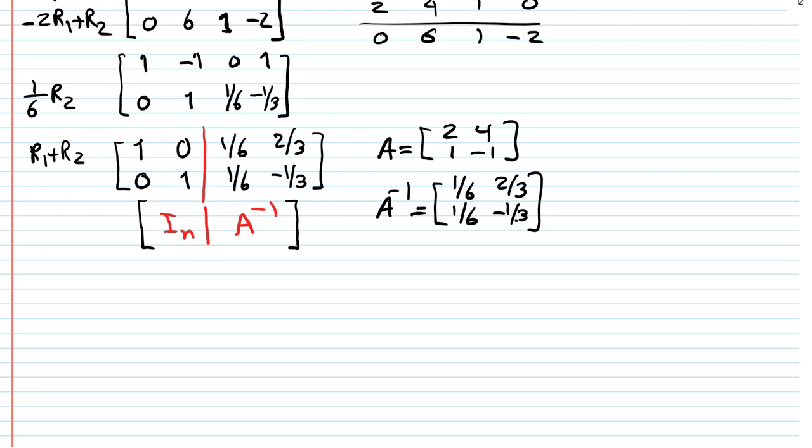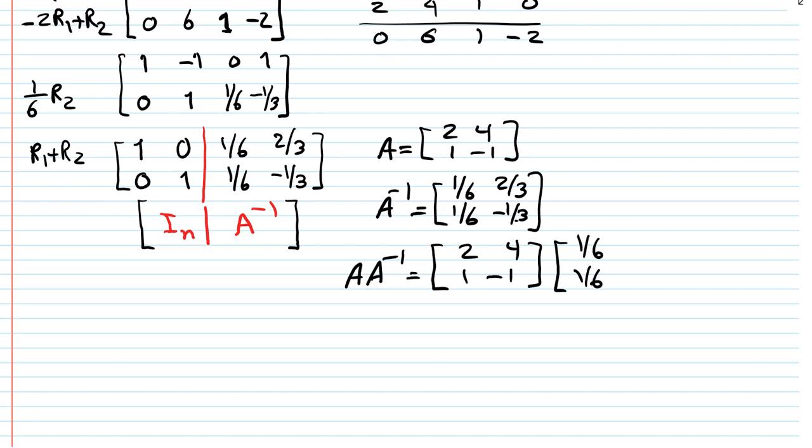All right, now how do we know if we got the right inverse? If this is true, these two matrices are inverses of one another. The way to check this is to do the following. If I do A inverse A, these are 2 by 2, so the product is defined either way. Let's multiply them. So I'm doing 2, 4, 1, -1